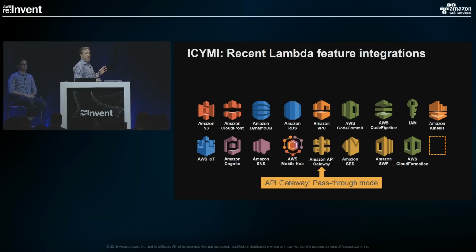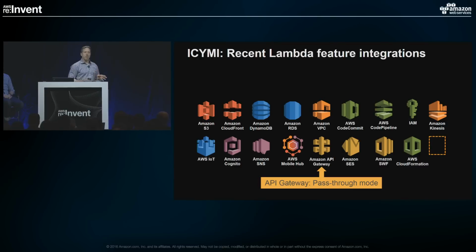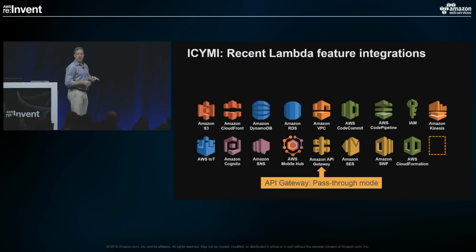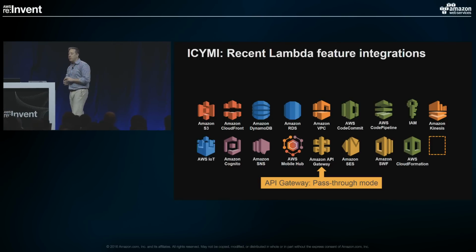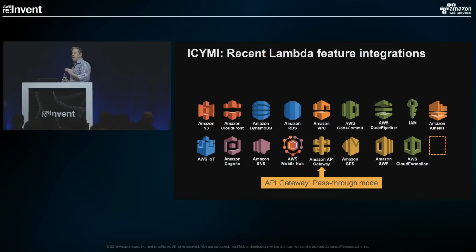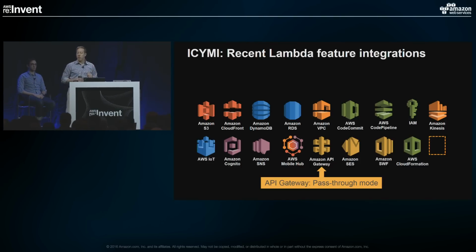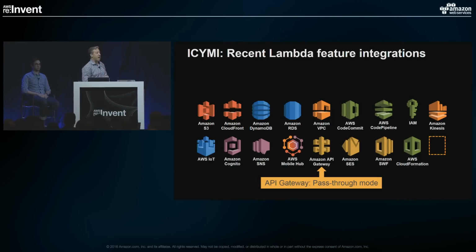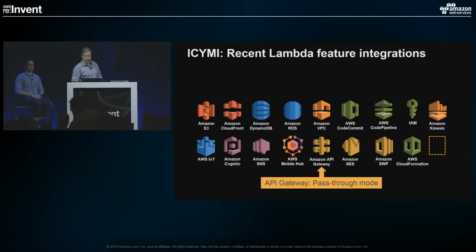We've also recently implemented what we call the pass-through mode for API Gateway. So if you just need an HTTP endpoint on top of a Lambda function, we've made that really easy. Very transparent. You don't have to set up mapping templates. You don't have to set up lots of different endpoints. We'll just pass everything through to your Lambda function. And then what we've done with that is also launch an Express wrapper as an open source project. So in case you like using Express and you want to write web apps in Lambda, we've made that super simple to do on top of the pass-through mode functionality.